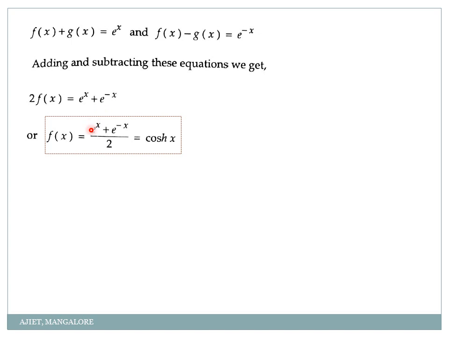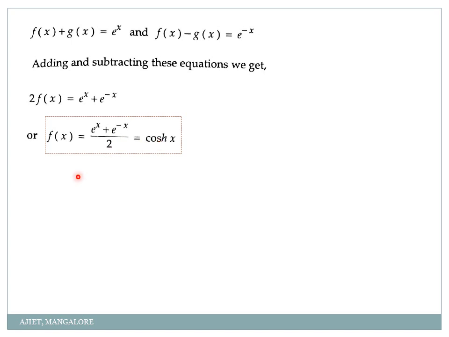See, even if you keep it till here also, no problem. If you don't write it as cos hyperbolic x, don't worry, that is okay. Even if you keep your final answer as it is, no one will ask you. I am telling you again and again, but don't write the wrong answer. If you don't know, you better stop here and keep it as it is. But this is a standard result: (e power x plus e power minus x) divided by 2 is always cos hyperbolic x.